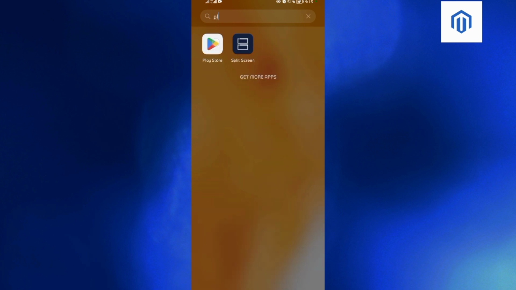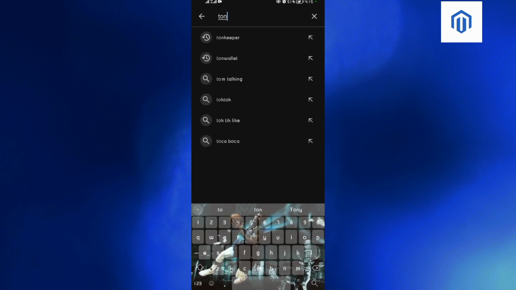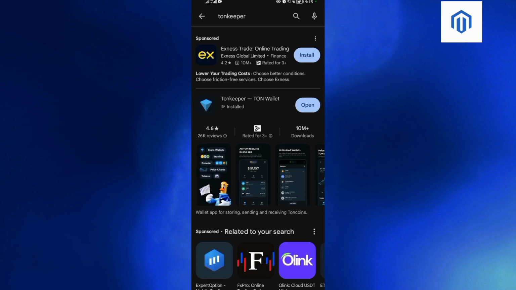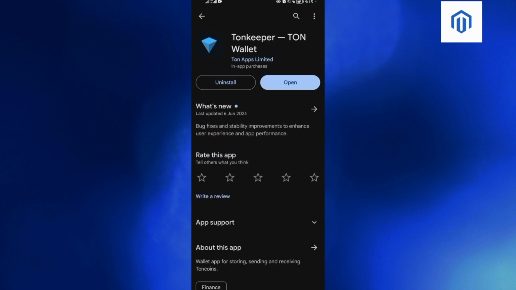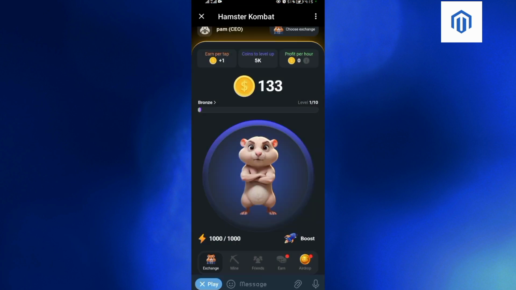So if you don't have it, just come to Google Play Store. And when you come to Google Play Store, come to the search bar there and then search for Tone Keeper. When you search for Tone Keeper, tap on this one there, then install it. So after installing it successfully, head back to your Hamster Kombat account and then come to the airdrop section here,